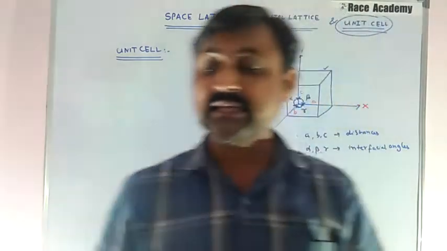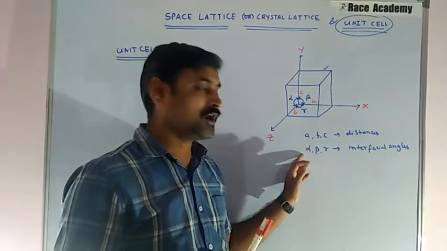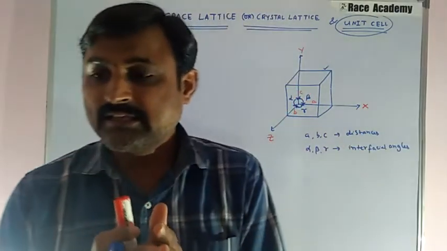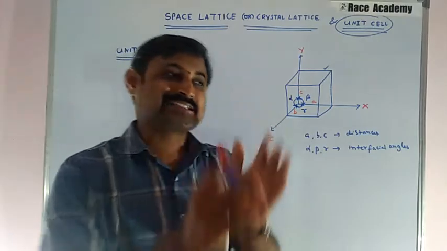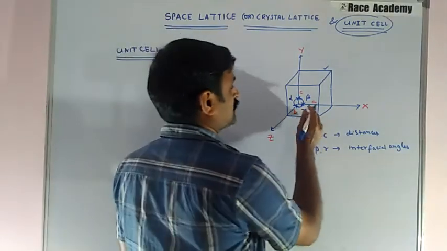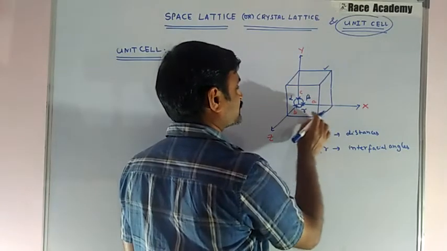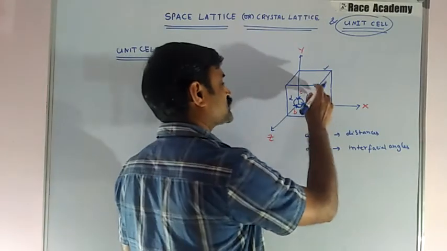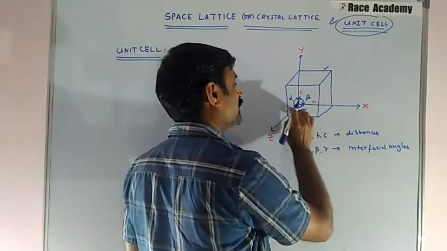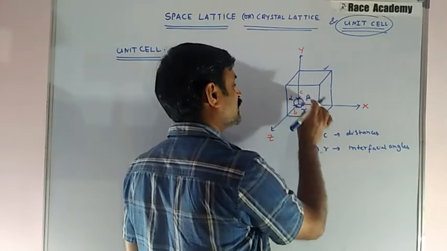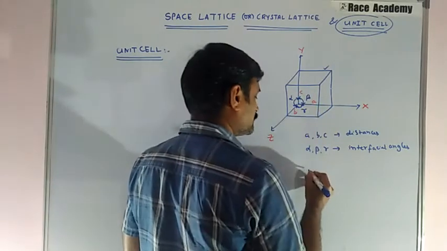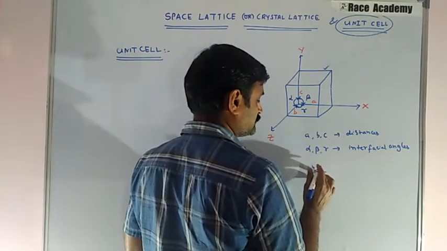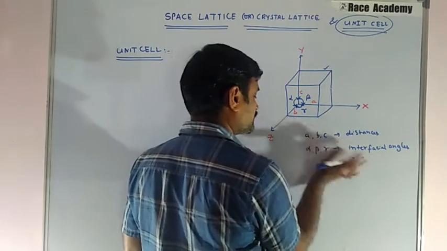The other one is interfacial angles. We call these interfacial angles. That means these are the angles between the three crystallographic axes. Angle between the crystallographic axes X, Y, Z, nothing but A, B. Angle between A, C. Angle between B, C. So angle between B and C